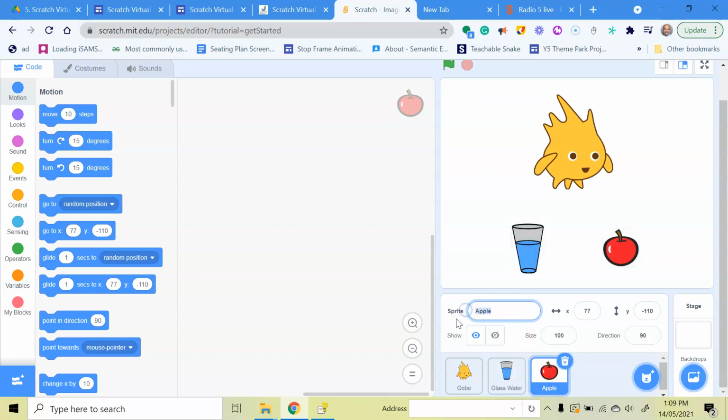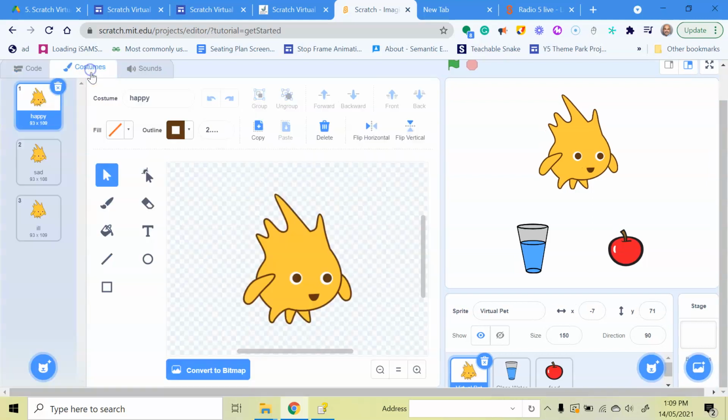I can change the name to food if I want by clicking there, and Gobo, which is my virtual pet. Now I could change the name Gobo to virtual pet, click away, and my virtual pet has its 3 costumes: happy, sad, and ill. And there you go, that's the sprites you need, and they're ready for the next tutorial where